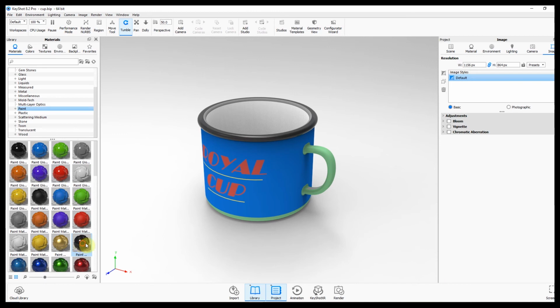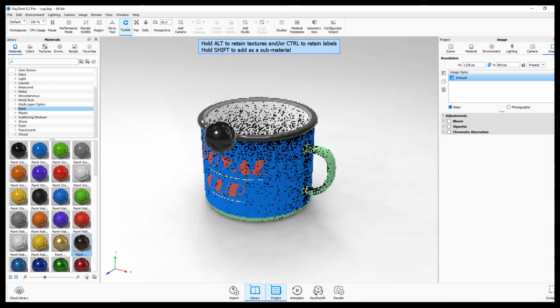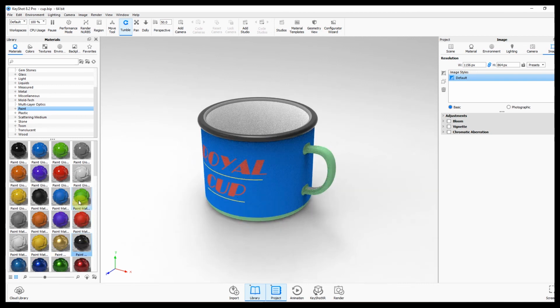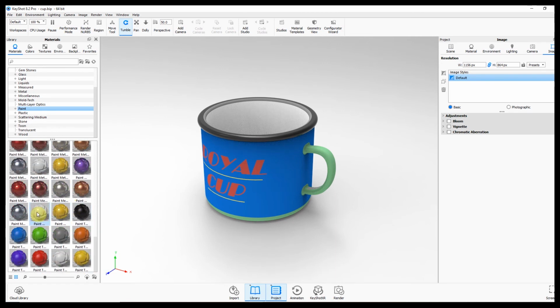Then go to the paint option. This is a really good option I have seen in my KeyShot software. Give the black color to the strips, give no, and go downside, and we will see some white colors.